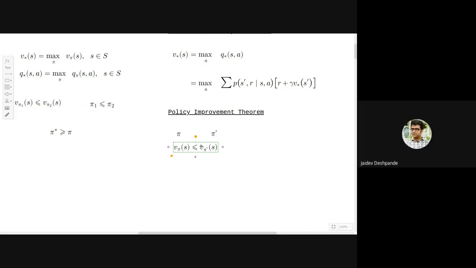Sorry, could you repeat that? If you're greedy with respect to the value function of pi. So let's look at it this way. Let's forget about the inequality for now. We have v pi of s. Let's look at the corresponding action value function. So fix s here. Now for v pi of s, you have, let's say, some k different actions, a1 to ak. So you can compute q pi of s comma a. Now what we are claiming is